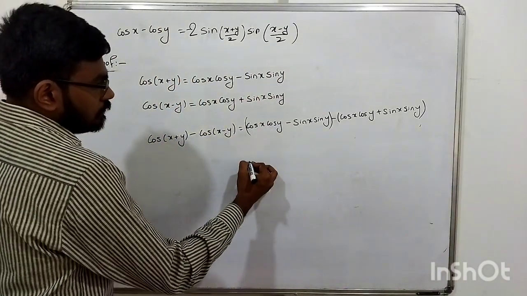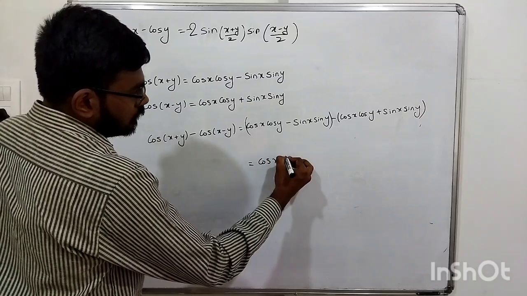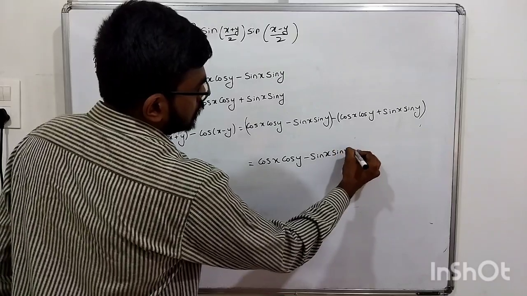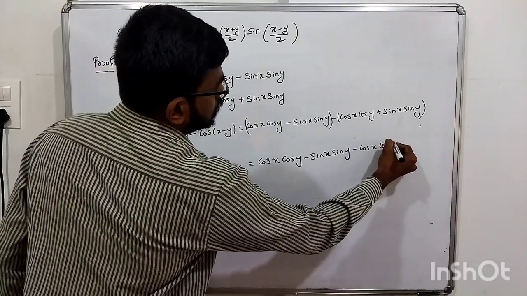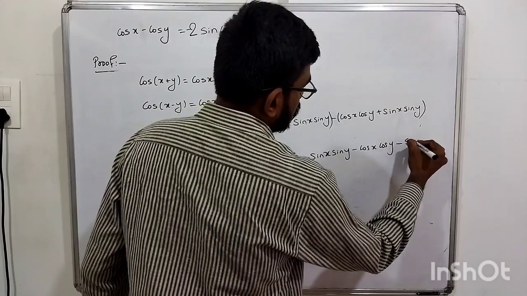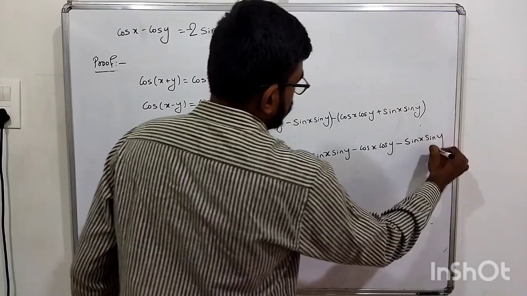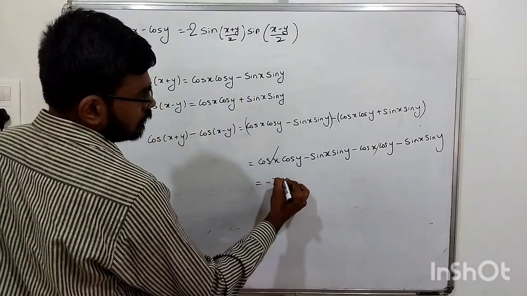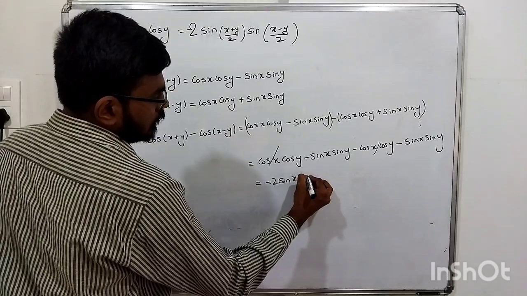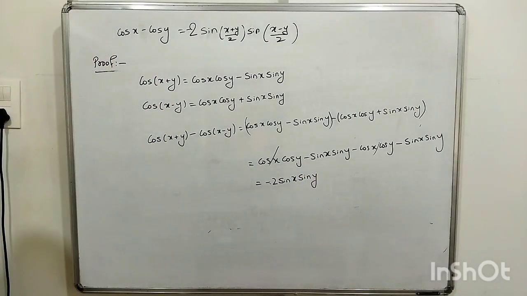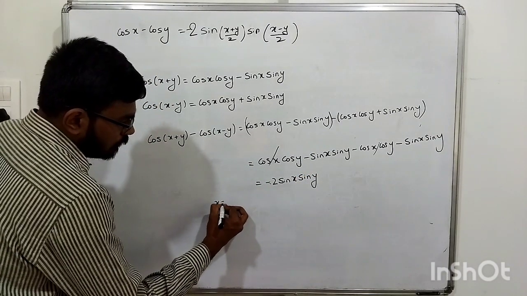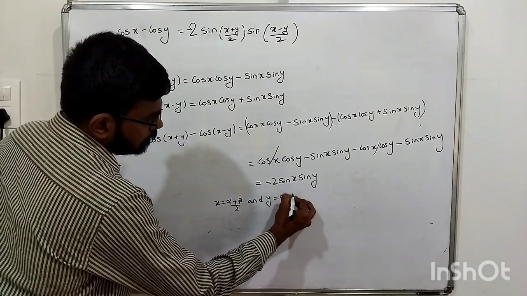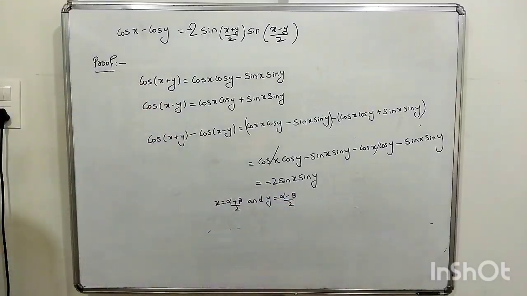Okay, so if I simplify this, I remove the brackets. So cos x cos y minus sin x sin y minus cos x cos y, minus into plus, sorry, minus into plus minus sin x sin y. So now these two go, correct, and these two remain. So minus 2 sin x sin y, and then again we take in place of x alpha plus beta upon 2 and in place of y alpha minus beta upon 2, and then again we simplify.